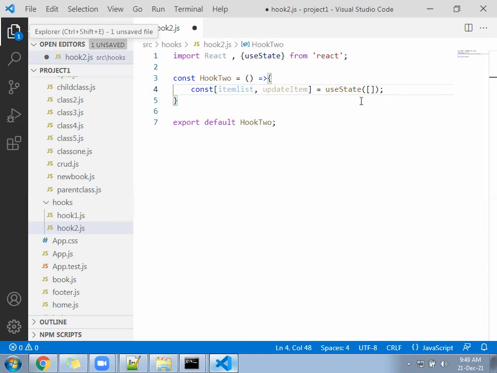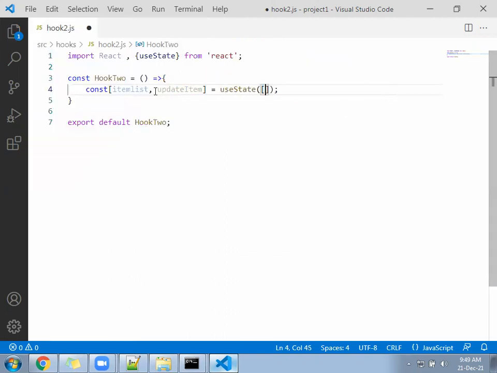Now inside that, we will add here something: apple,